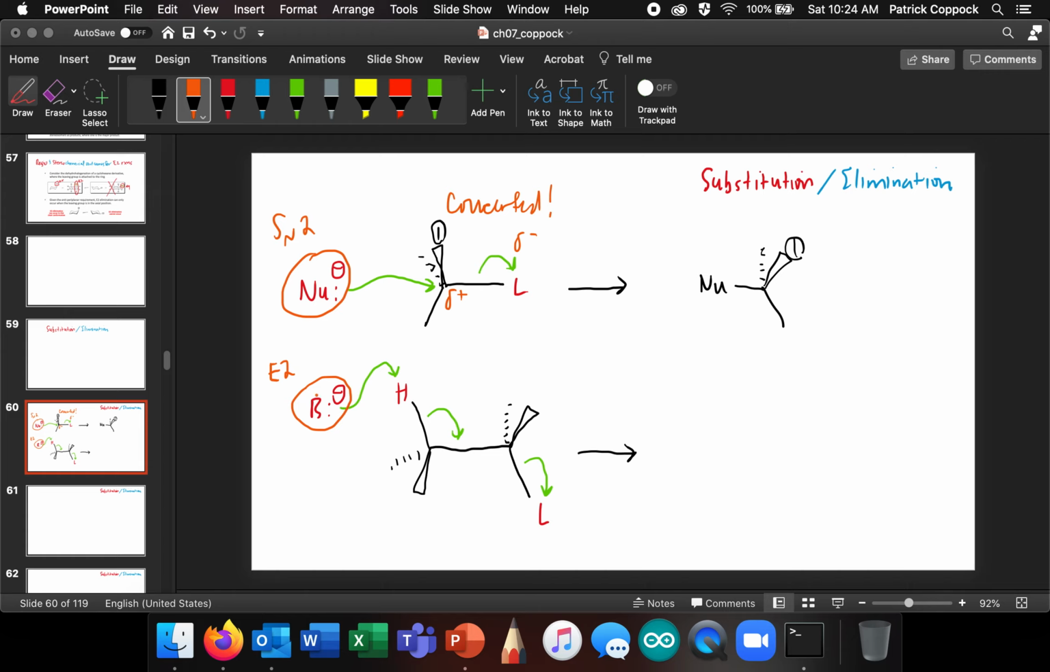If it's acting as a base, it's going to abstract a proton. At the same time, these bonding electrons become pi electrons and go into a pi molecular orbital while the leaving group is leaving. And this is also concerted. This happens all at the same time. It's called E2 because the rate depends on both the base and the substrate. And the product of this reaction is